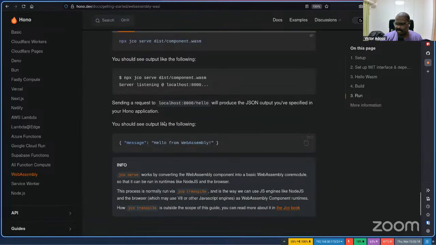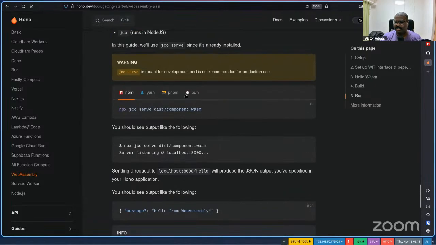And then, the upshot of doing all of this is that you can take your JavaScript that was a Hono server, you can build it to WebAssembly, and then whether you run it in Wasmtime or you use jco-serve, which is an option right here. Again, jco-serve is experimental, so you want to use the tried and tested Wasmtime, which is the bigger and more actively maintained engine. And by engine I mean WebAssembly runtime.